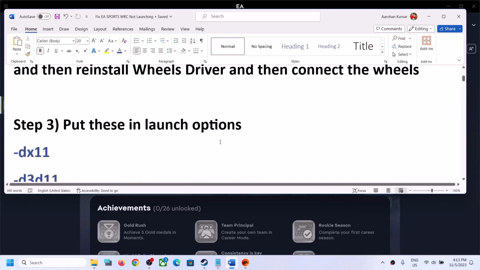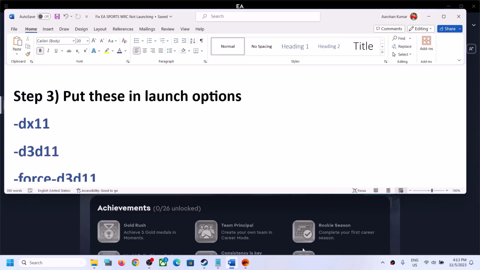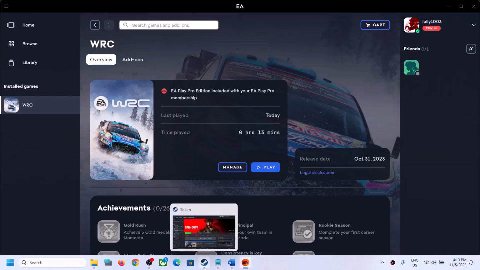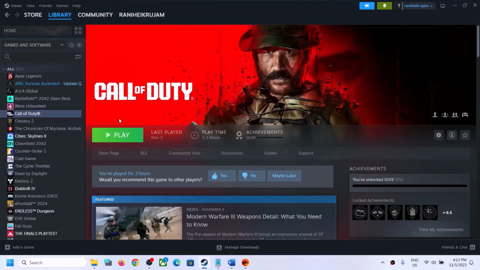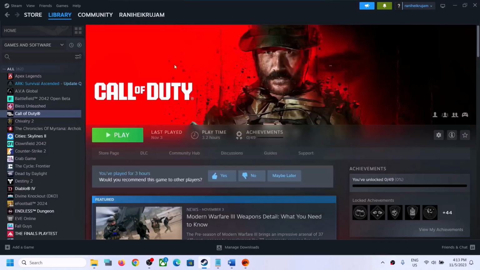Next step is to put these commands in launch option. So if you have the game on Steam, I have the game on EA App. I don't have the game on Steam, so I'll show you with different games. So this is just an example. So you have to make a right click on WRC game and then select properties, and over here you can see the launch option. In the launch option, type in -DX11